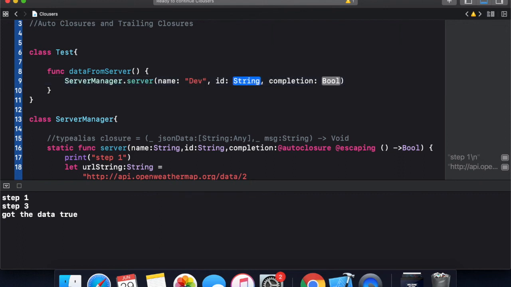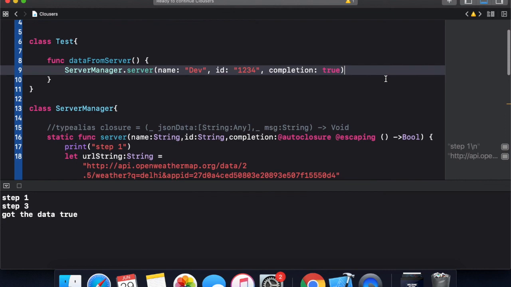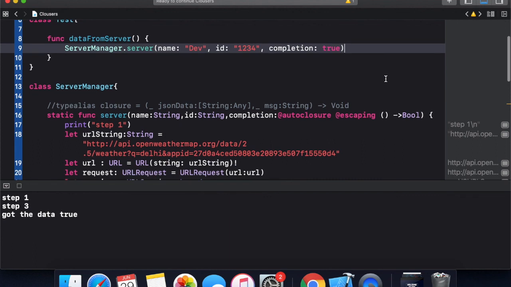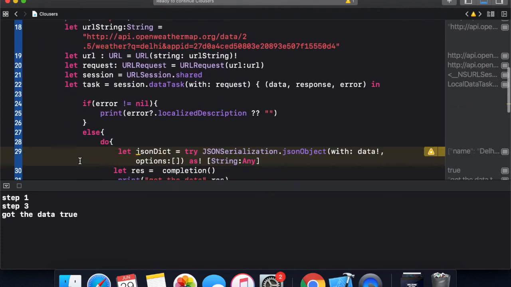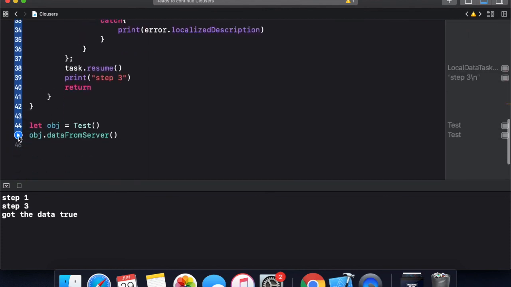This is developer, this is 1 2 3 4, and here we can see that we get rid of these extra curly braces and the signature of the closure. Now if I return true over here, it will work exactly as it worked earlier. This is a more convenient way to use an auto closure. It will simplify the syntax. Let's run the program and see how it works.